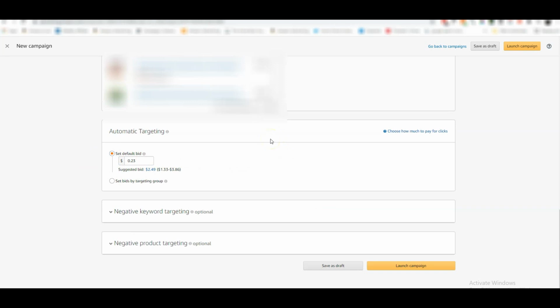With automatic targeting, we can't choose the keywords. So I don't really know what this ad would rank for. I don't know what people will click. So automatic ads are really useful for gathering information. Once I run this ad for a few days, I can then check the kind of terms that people have used to find my book, and then I can build a manual ad using that information. That's one way to do it.